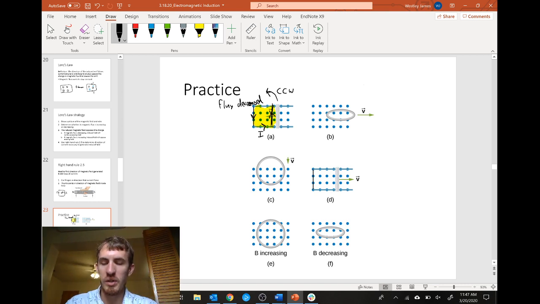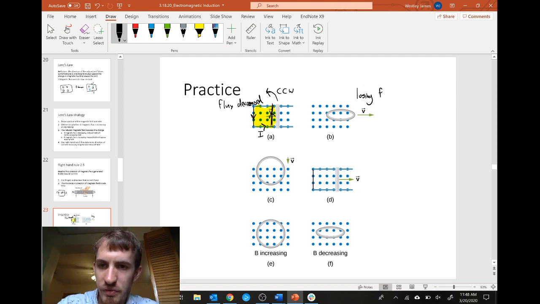I'll quickly do this next one, then we'll go to break. Sorry, I went over a couple minutes more than I wanted to. We have a loop here, which is moving out of this plane. So it's moving from a place where there is magnetic field to a place where there isn't. So are we losing flux or gaining flux? Well, we're losing